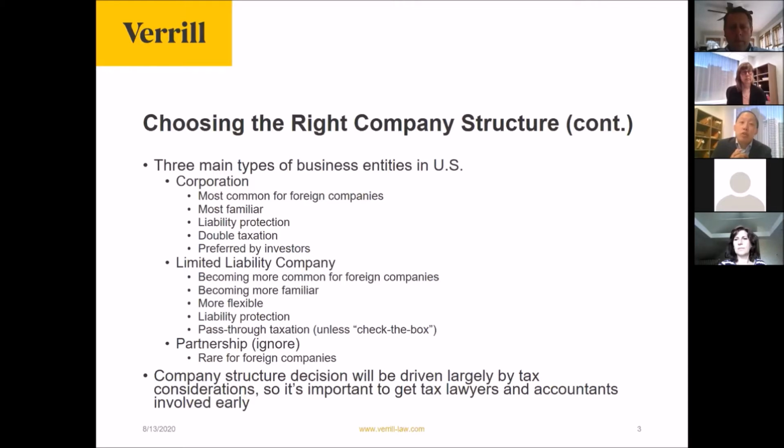A shareholder or a member, as they call it in an LLC, basically only has one level of taxation. So that's a big advantage. Internationally, however, when income passes through to a foreign company, the foreign parent may be considered to be engaged in the U.S. trade or business of the LLC. And so as a consequence, that could expose the company's non-U.S. based income to U.S. taxation, which obviously is a bad thing.